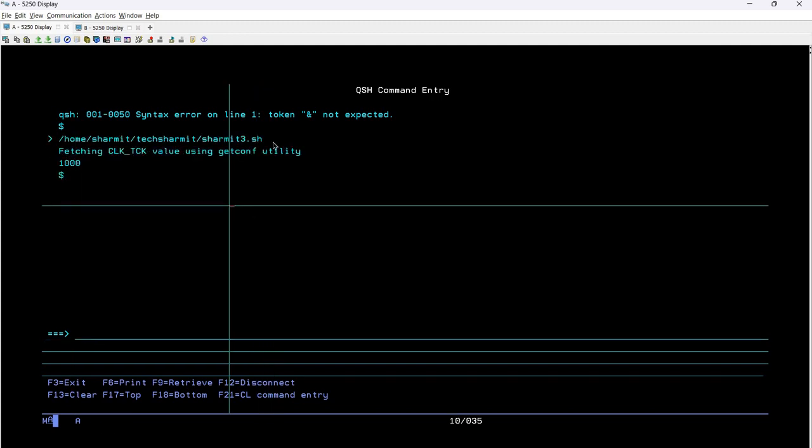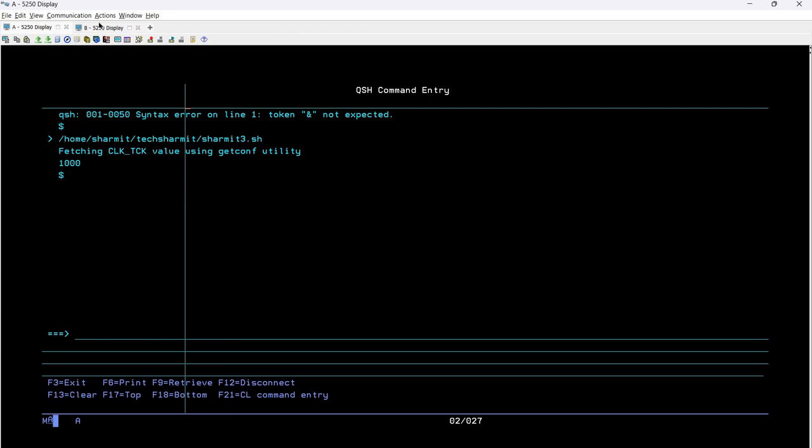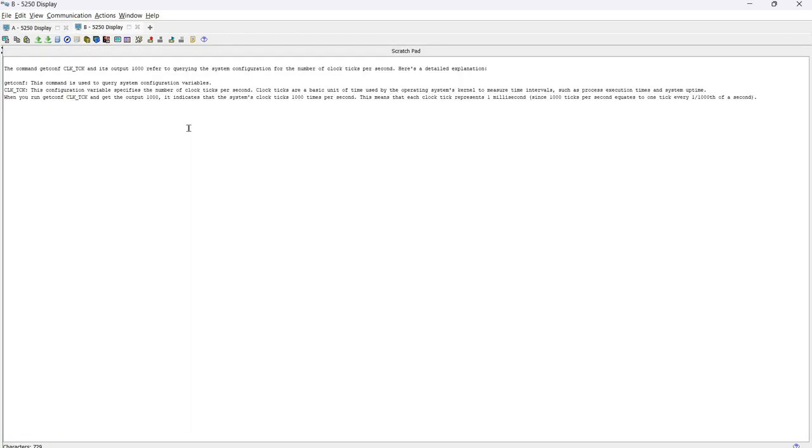So here we can see that we have printed the one line which is fetching clock tick value using getconf utility, and the value is 1000. Now what does this 1000 mean? What is the meaning of this 1000? To get an idea about this, let's go through the notes which will clear your concept. Here you can read the command getconf clock tick and its output, 1000,